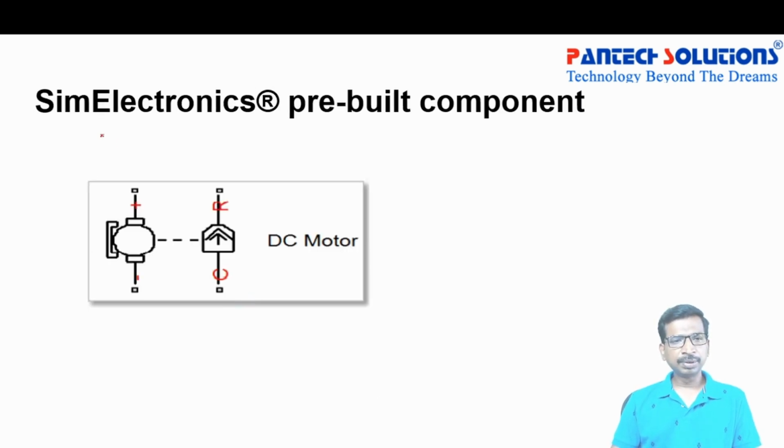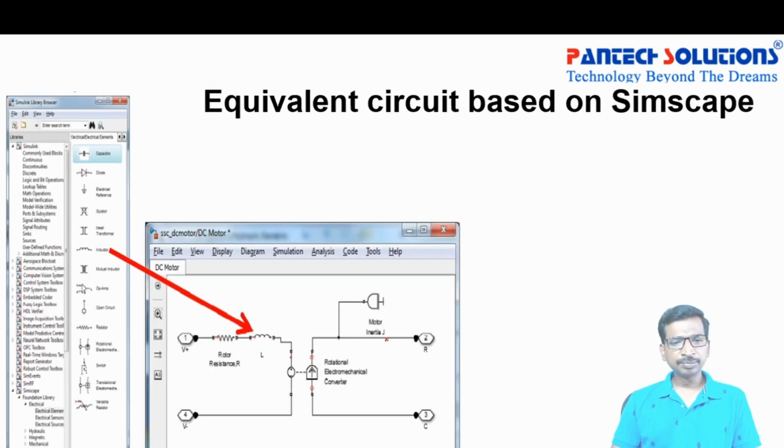So this is called the electronics pre-built model. So whatever I showed you, similarly, you can build the equivalent circuit with a rotational electromechanical converter. This is the rotational electromechanical converter, and then resistor, and then inductance, and finally you can add these things. If you open the block,